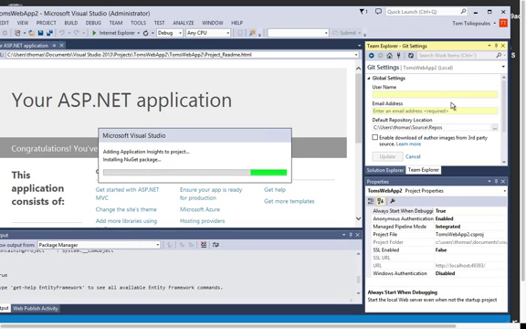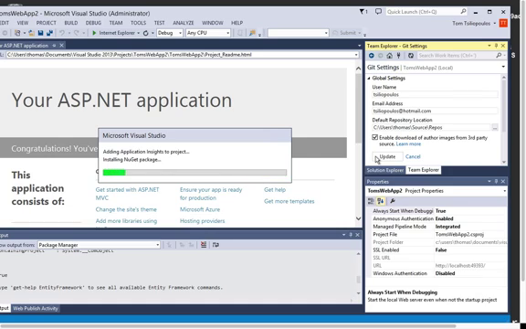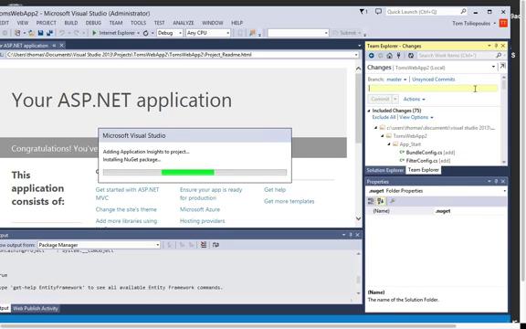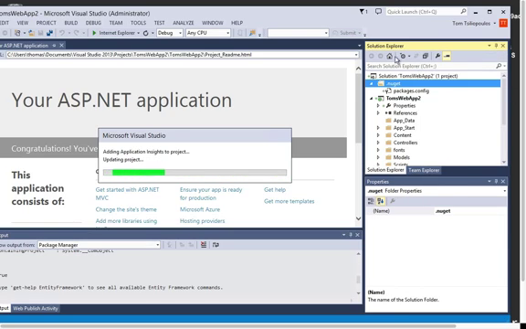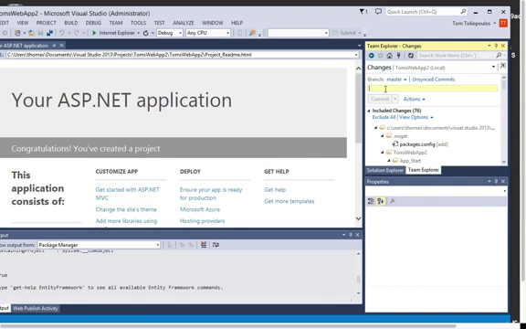So here's my username, and here's my email address. Okay, sure. I'll wait for it to catch up because it's trying to do a couple things at once. Okay, I'll do that too. And now that I've done that, I can do a commit, just like before. So let's go back into Home, go to Team Explorer, and my commit is going to say